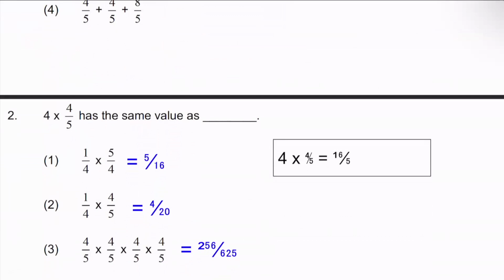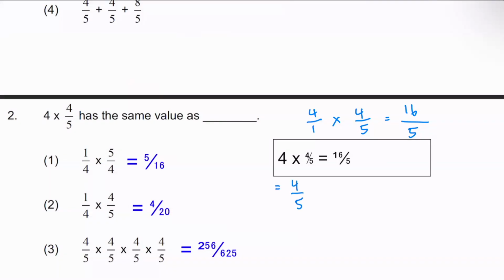Multiplication of fractions. Okay, 4 times 4 over 5, which is 4 over 1 times 4 over 5. So you multiply the numerators, which is 4 times 4, you get 16. Then you multiply the denominator, which is 1 times 5, you get 5. Okay? So when you look at 4 times 4 over 5, this can also mean 4 of 4 over